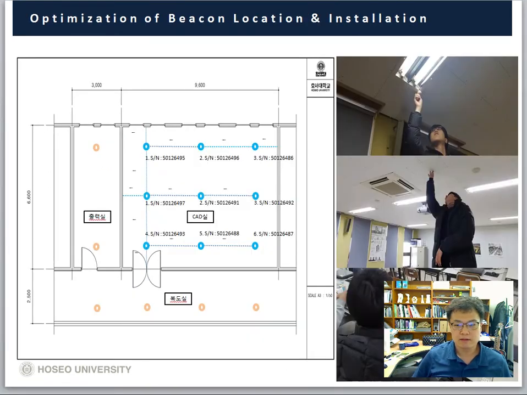Okay, this is the installation. We developed one room, installed the beacons, and optimized the beacon locations and service positions.